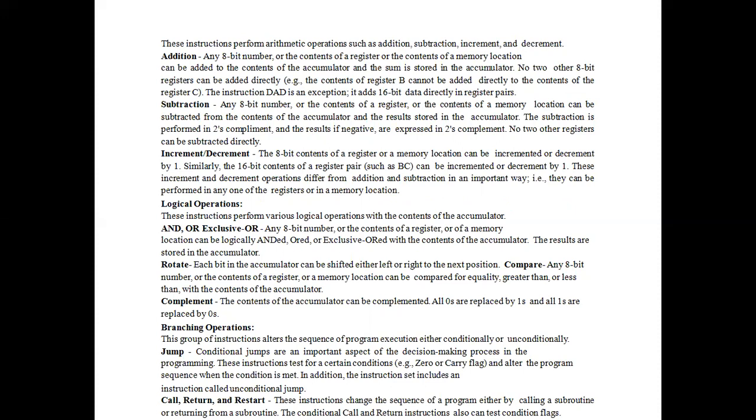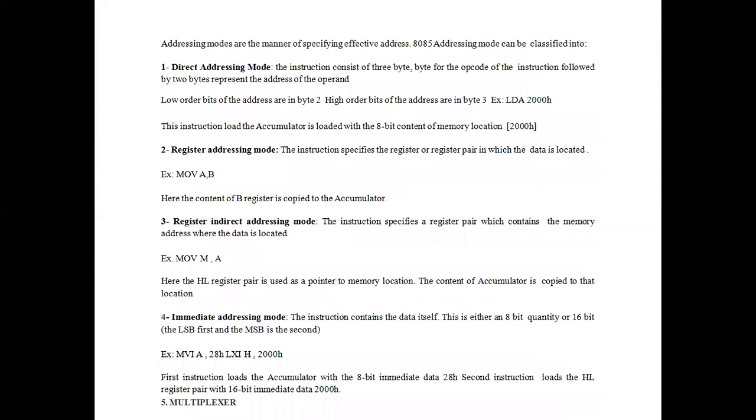Then logical operation. Under the logical operation, you will be performing AND, OR, exclusive OR, rotate, complement. Branching operation: jump, call, return, and restart. These are the instructions available under the logical operation.